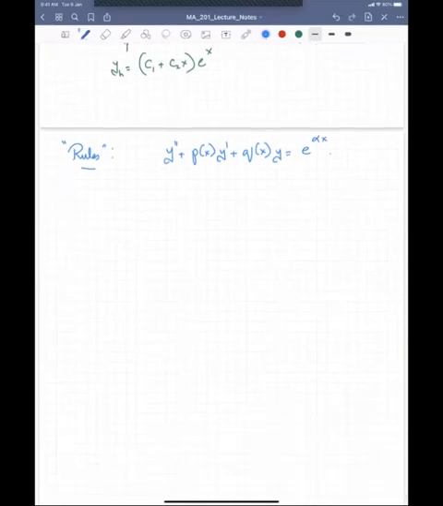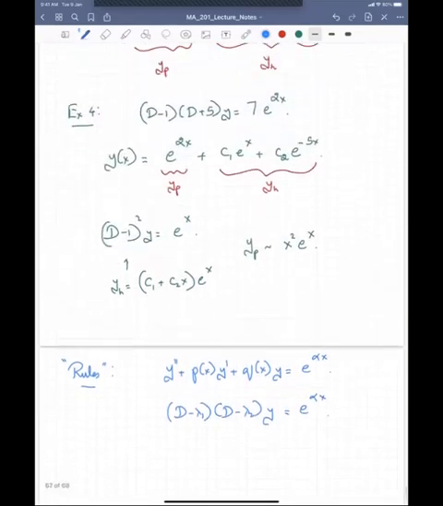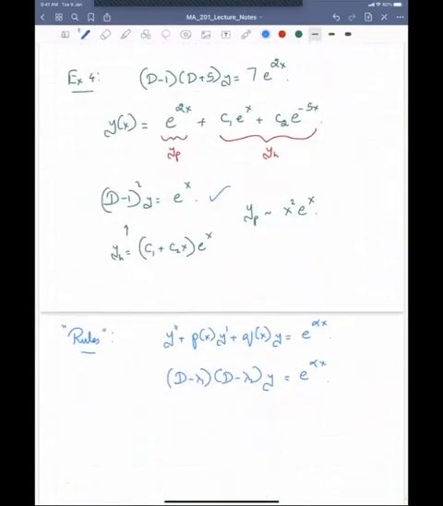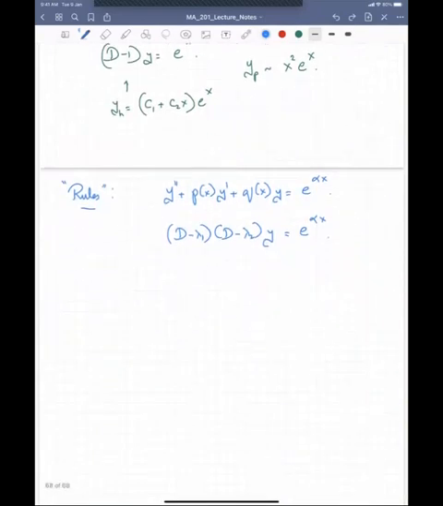I can write the homogeneous part of this equation as (D minus lambda 1) times (D minus lambda 2) y, and this equals e to the alpha x. The three examples that we have written down, example 3, example 4, and this one, which I have not labeled, so you can call this example 5 if you want,